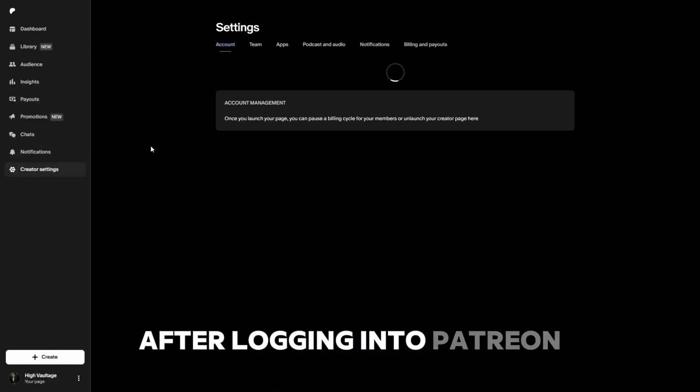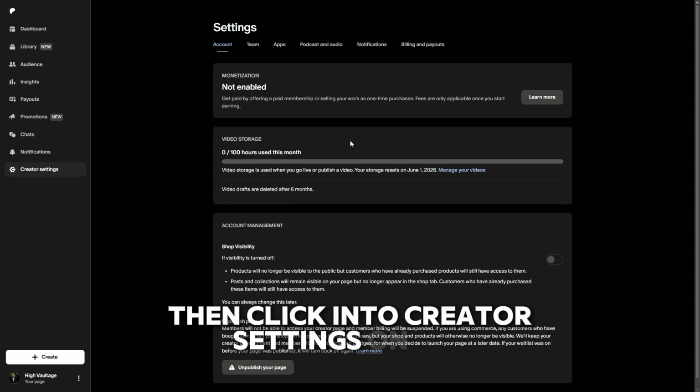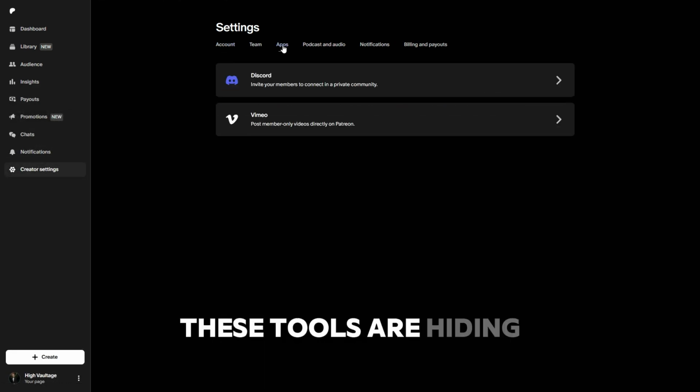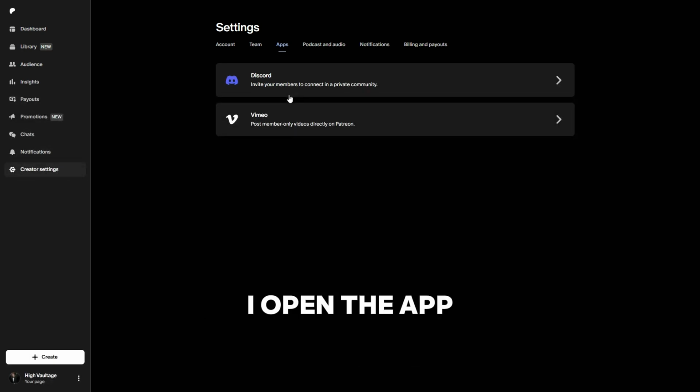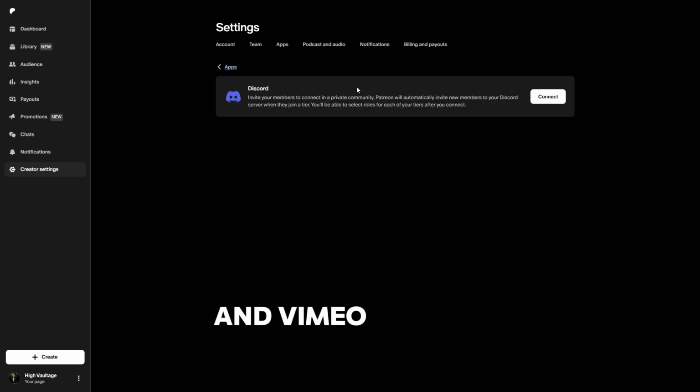After logging into Patreon, I headed straight into settings, then clicked into creator settings on the right side, which is basically where all the behind-the-scenes tools are hiding. From there, I opened the apps section and saw a list of integrations like Spotify and Vimeo, but the real